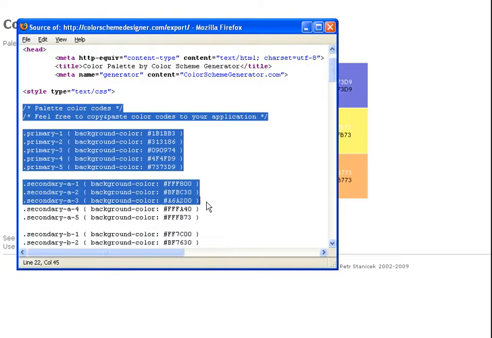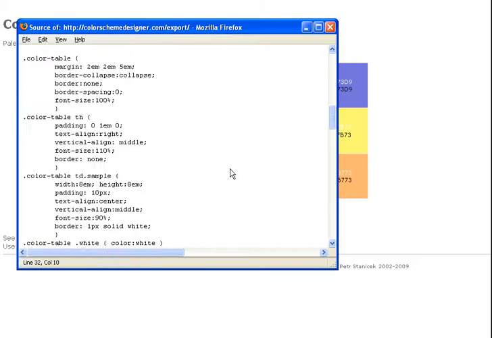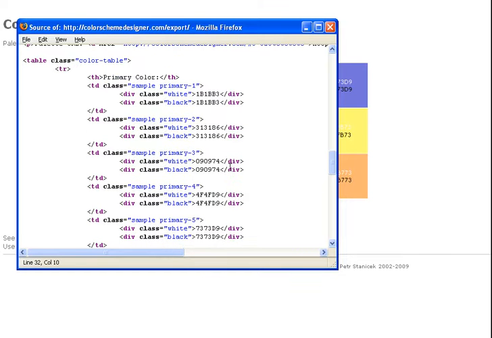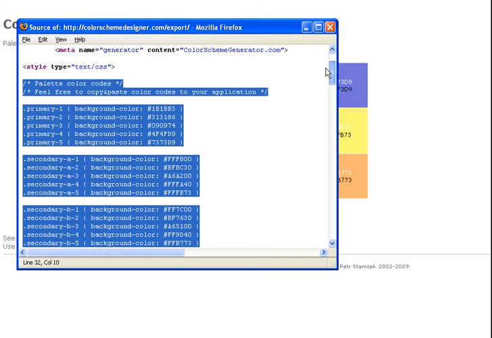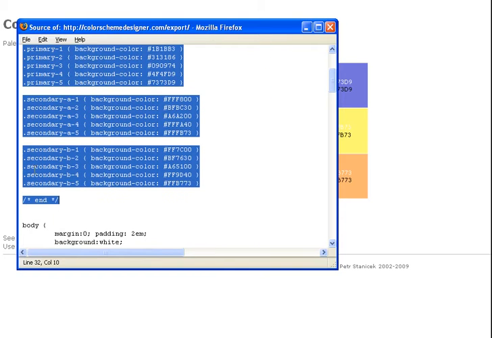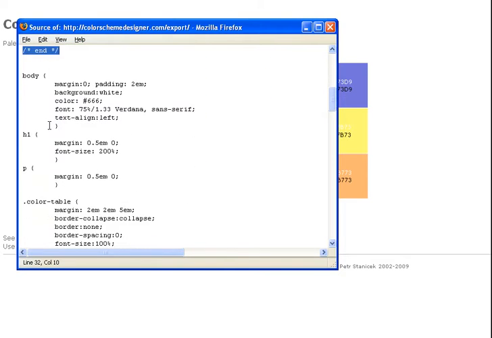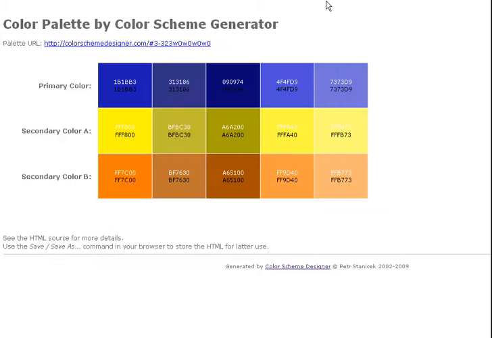So here's all the primary and secondary colors, and so if I just copy that, the rest of this is all just related to, oh well, you do have the color table if you want to visualize it, but for style information, really all your primary and secondary colors are laid out there. So anyway, yes,